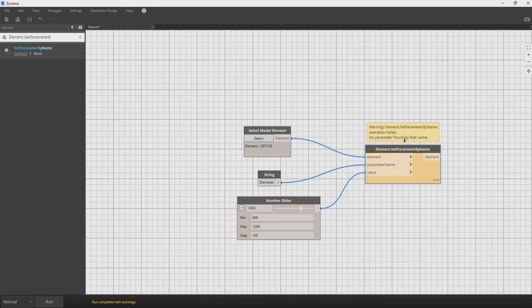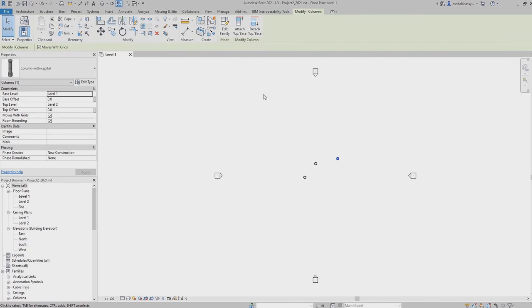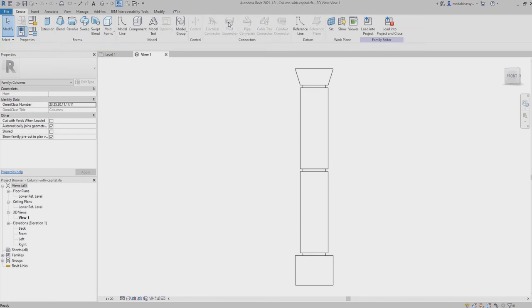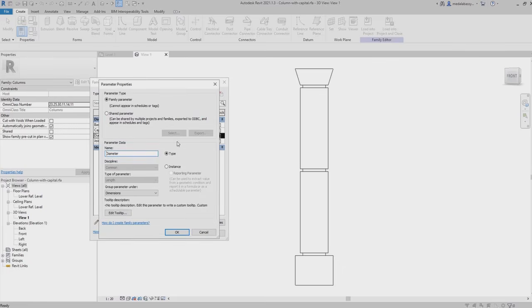If you receive an error that the operation has failed because no parameter has been found by that name, it's probably because the diameter parameter is set to a type, not an instance. So you need to get back to the project, select one of the columns, and then go to Edit Family. Here you'll find the family types. And then if you select only diameter and try to edit the parameter, you'll find it's set to a type. If you switch it back to an